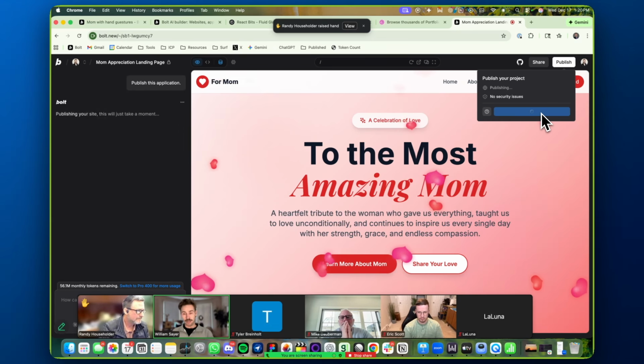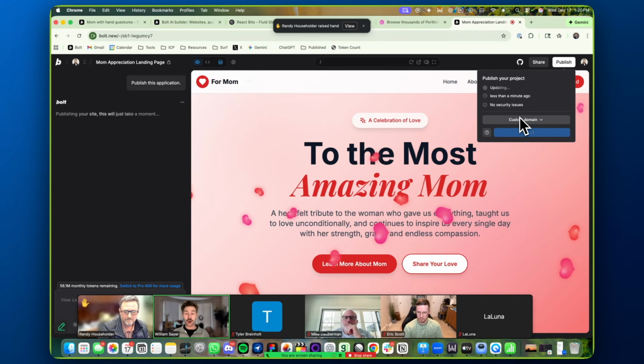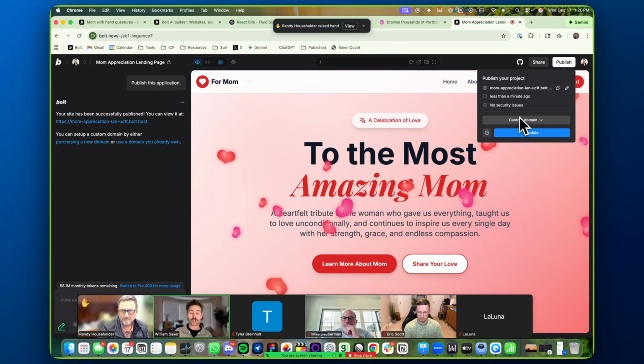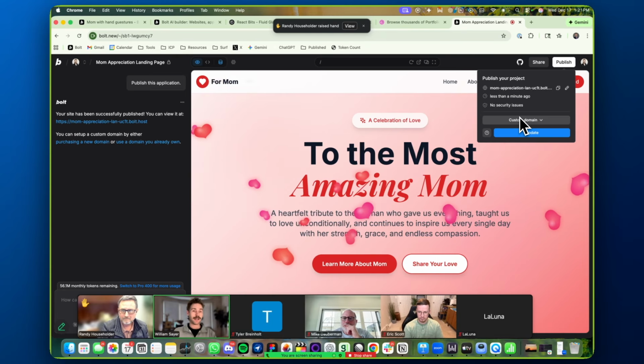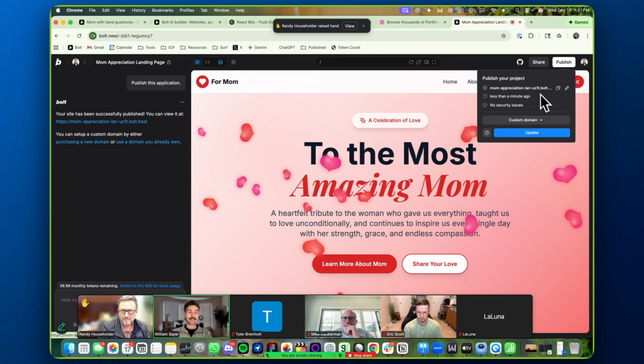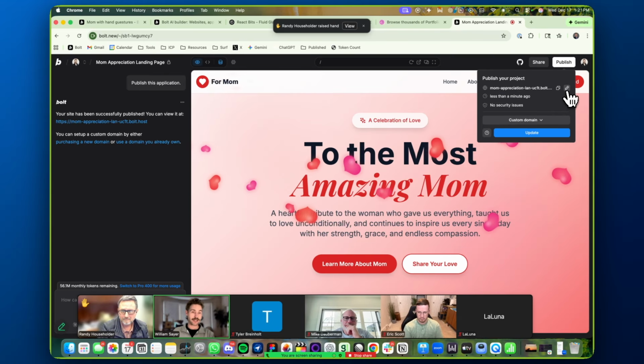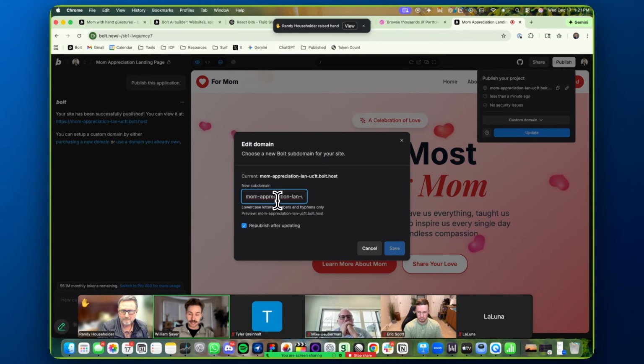Now, I'm sure some of you know that when we do publish, it goes to a subdomain of Bolt.Host. And because we launched Bolt.Host just a matter of weeks ago, or a few months ago now, we still haven't had too many people claim some of those subdomains. So if I come up here and change this, her name's Tammy, there we go, it's available. So I can simply save